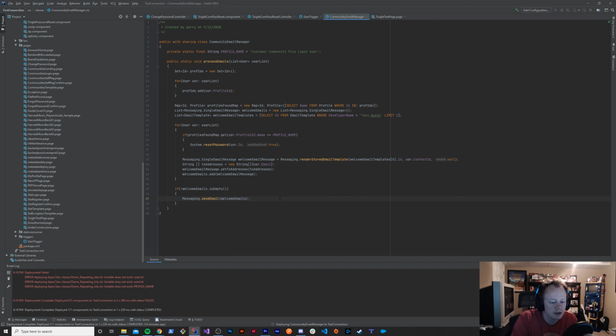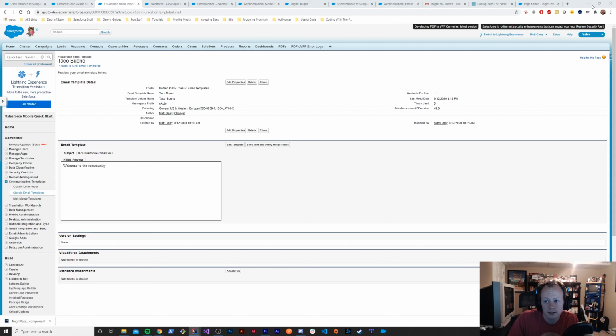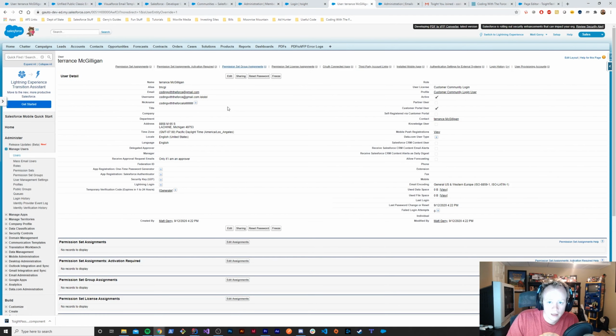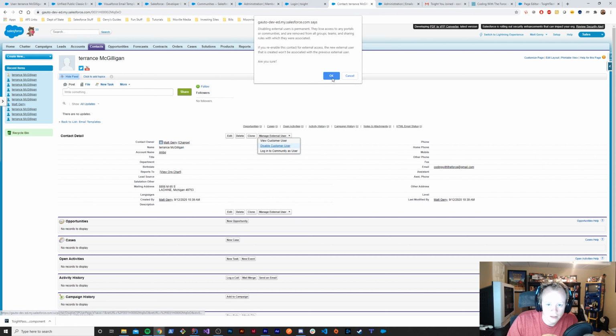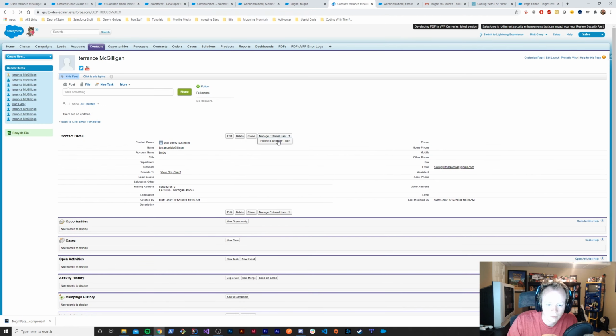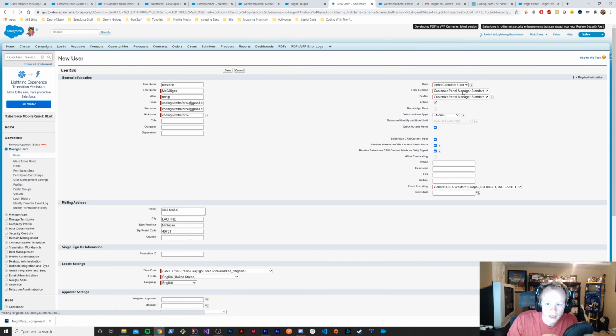Let's save this. And now let's travel on back to good old Terrence McGilligan and go to his contact, disable the customer community user, enable him, and we'll just try this both ways. So we've got our customer community login member who should now only receive the welcome email because he's not a customer community plus login. He's just a customer community login. And we'll do,